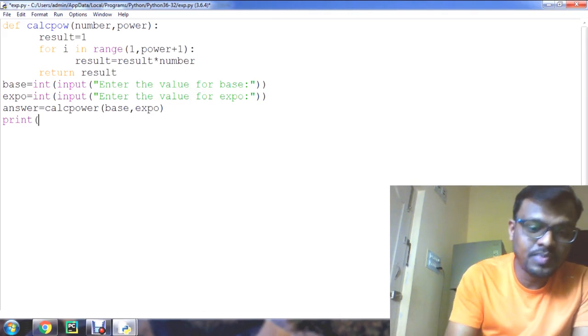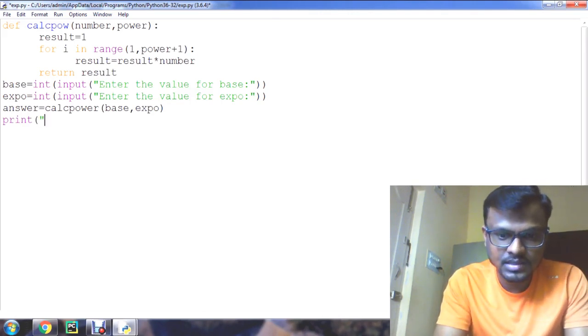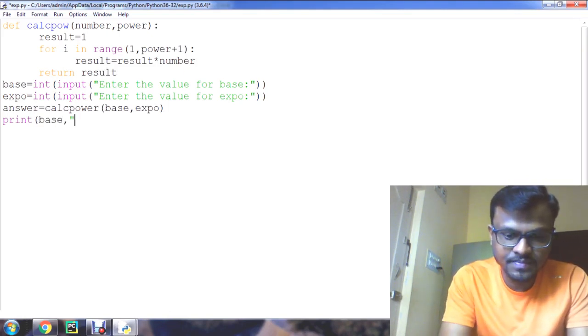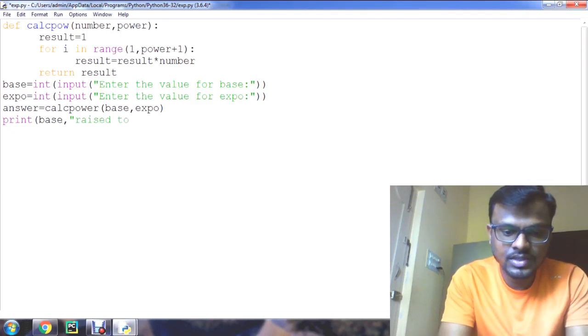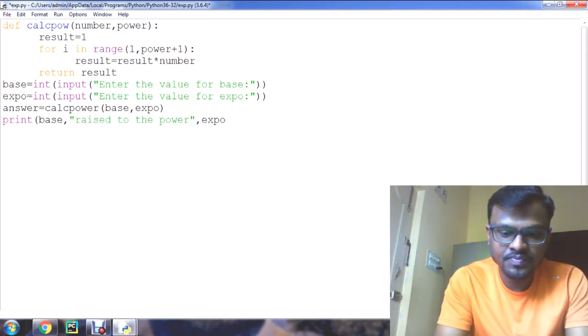Now I am going to print the result, that is base comma raised to the power expo comma is.